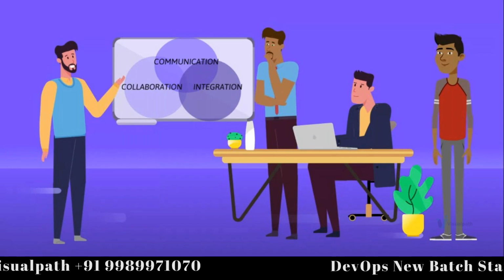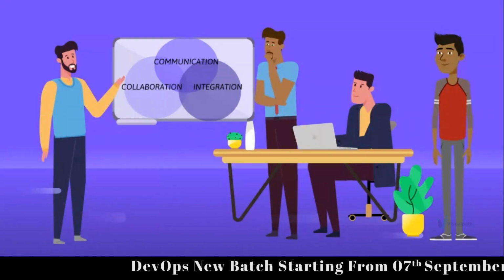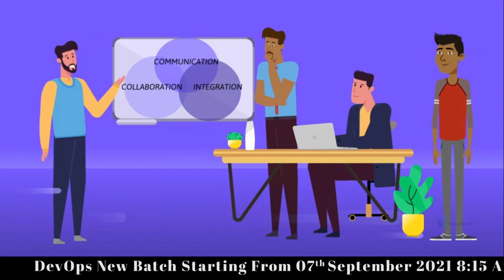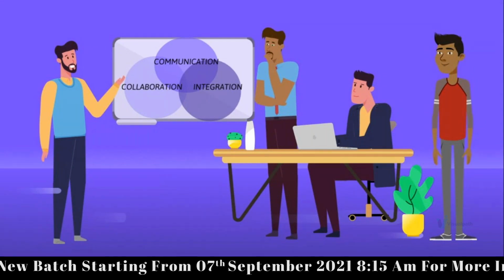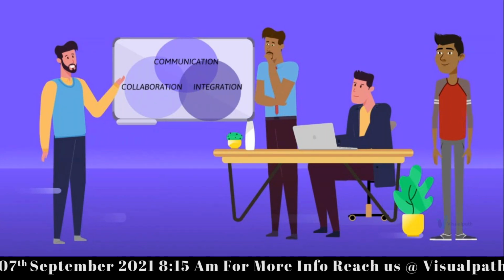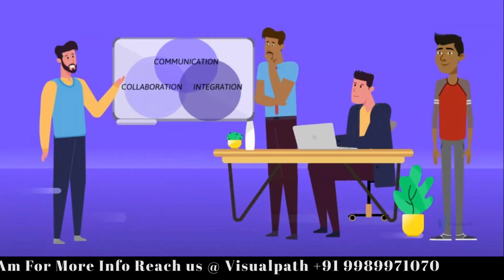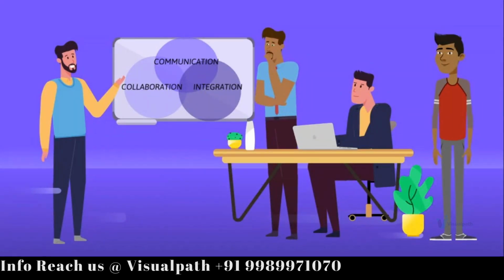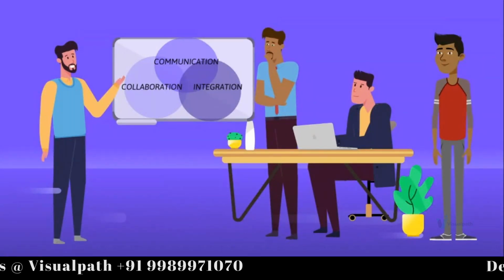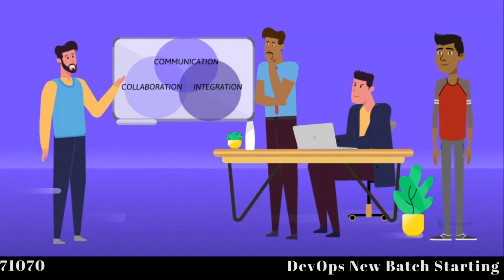So he brings in the software product project head, the operations head, and also the CEO or MD of the company. And he explains that there needs to be a culture shift. There needs to be communication, collaboration, and integration. When I heard these words the first time, I was like, yeah, whatever. Just show me the tools that I need to use, right?